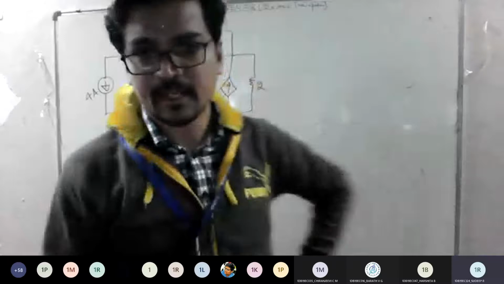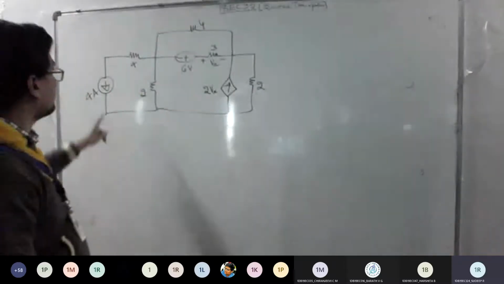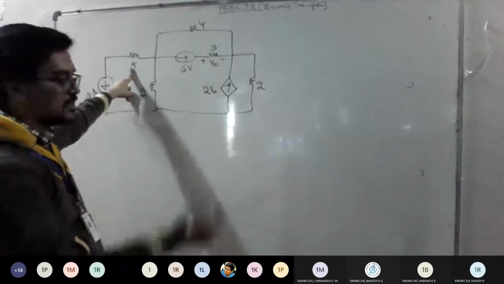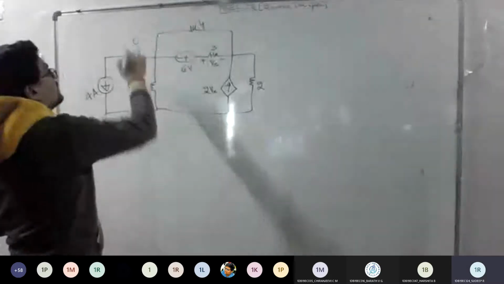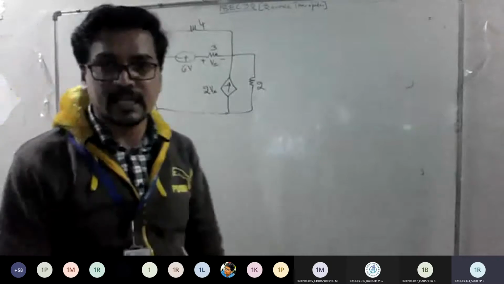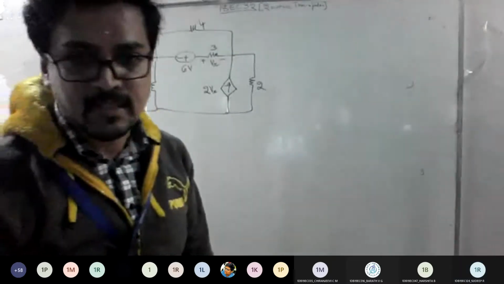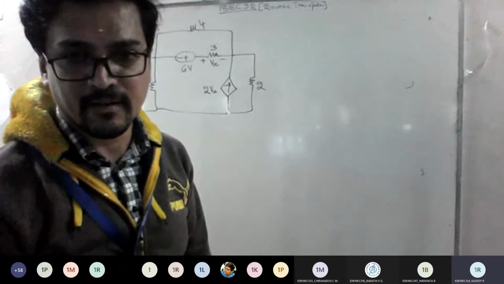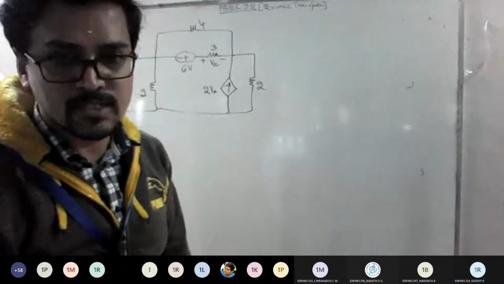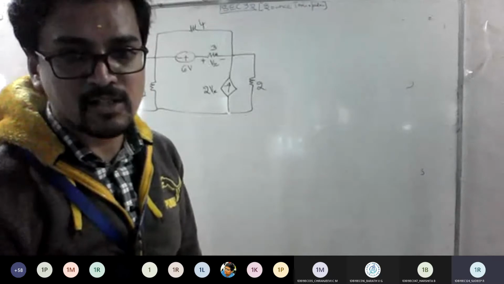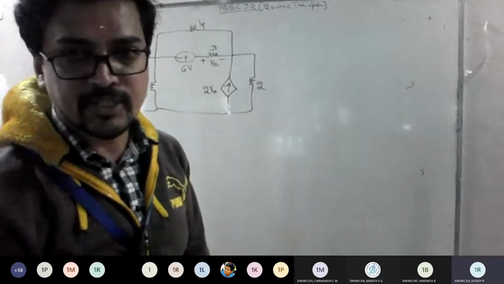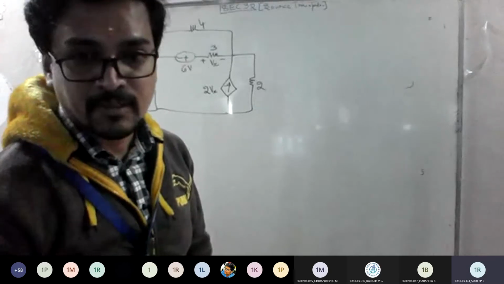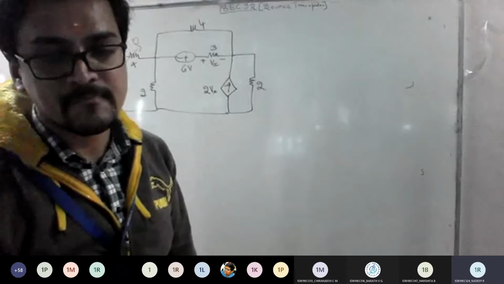Whenever you find a current source in series with any resistor, I can eliminate it. We know that a current source should always have a practical resistor in parallel. Similarly, for a voltage source, if a resistor is in parallel, I can eliminate it. So you remember this logic, right? Everyone, you got why we removed the 4 ohm there?